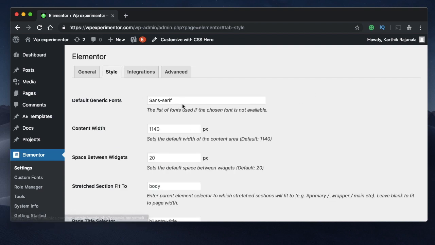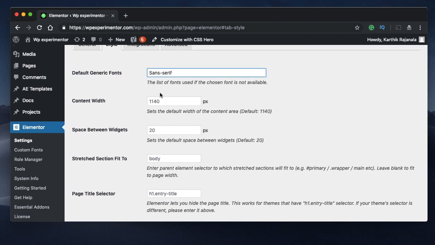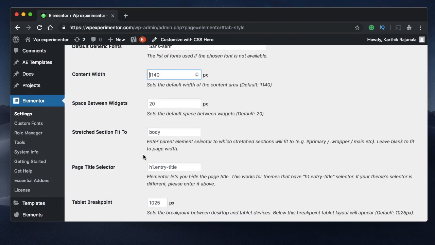Under Style, you can specify generic fonts such as serif or sans serif if the fonts that you specified are unavailable for some reason. Mostly the fonts used in Elementor are Google fonts and they're almost available at all times. If they're not, well, you can specify or pick the font that is available on the user system. Width, this specifies how long your content should be. You can leave these as is,